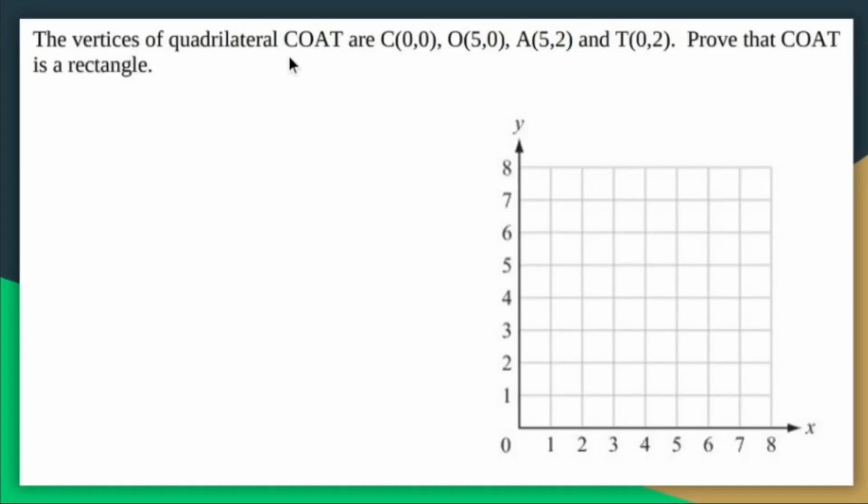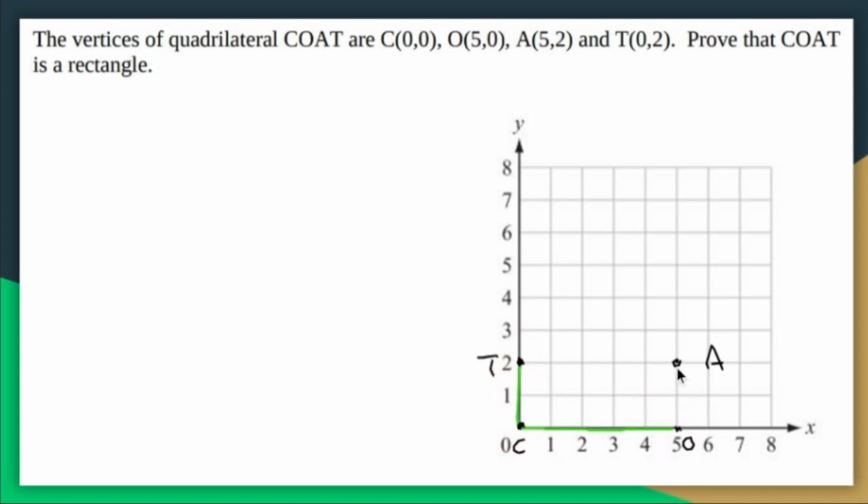The vertices of quadrilateral COAT are C(0,0), O(5,0), A(5,2), and T(0,2). Prove that COAT is a rectangle. All right, so I have this picture here. Let me use a different color. I have this picture. In order for something to be a rectangle,